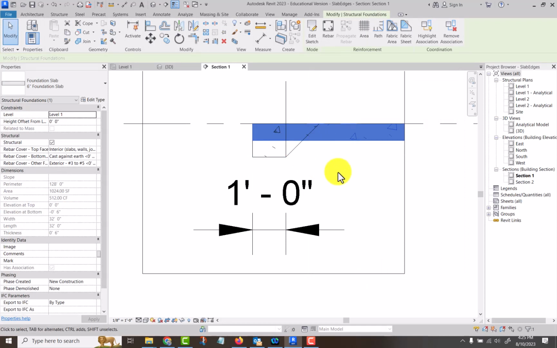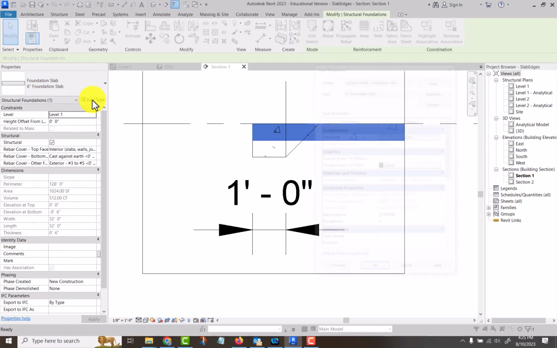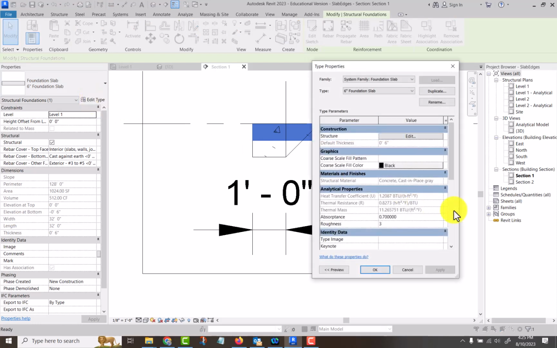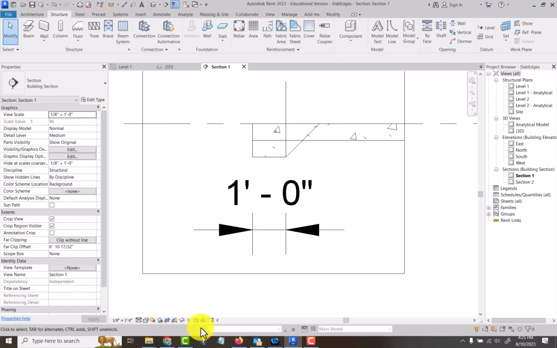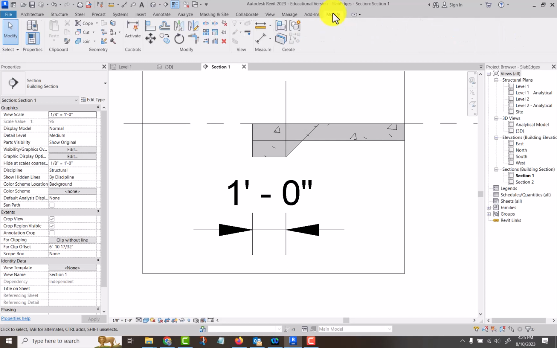That's what it should be. Let me check that. Yeah, concrete cast in place gray. Okay. So now they have the same hatch pattern and they have the same color, but you see they're still not joined. And so we do that on our modify,